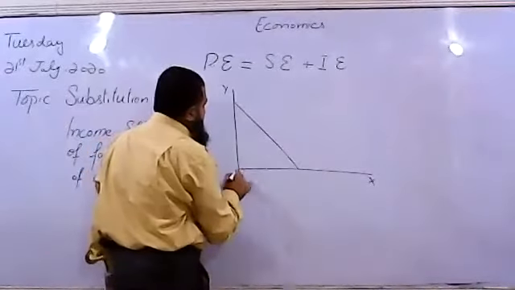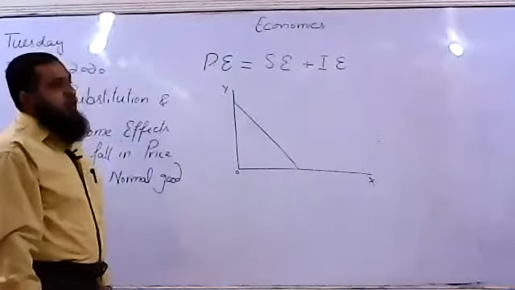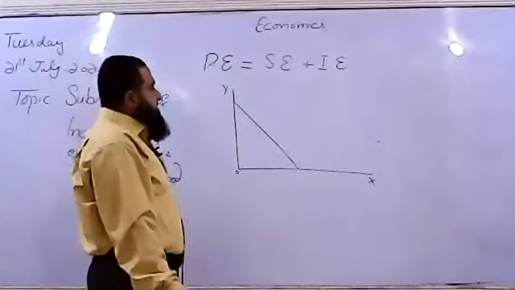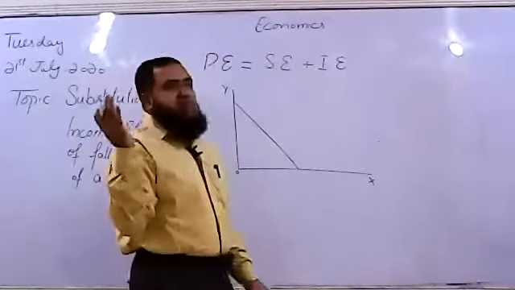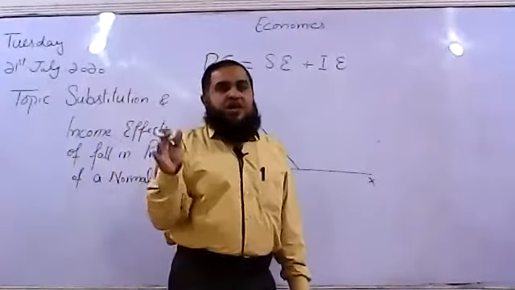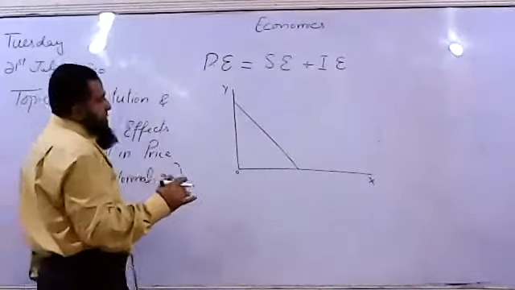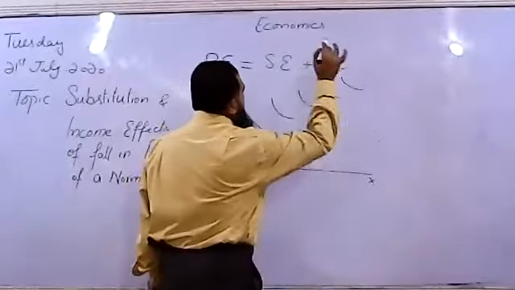This is the budget line. This budget line shows us the affordability of the consumer within the given income and the prices of X and Y. Any point beyond this budget line cannot be afforded by the consumer. All the points lying along this budget line are equally affordable to the consumer. So there is a map of indifference curves available.